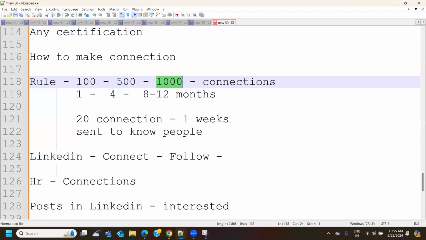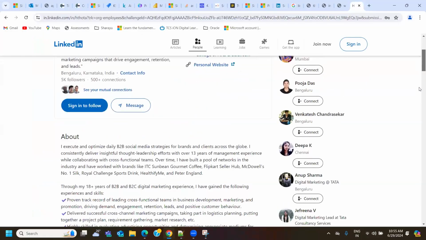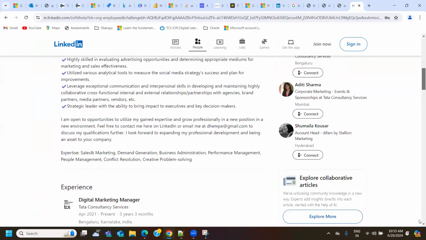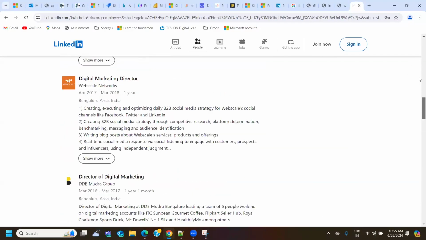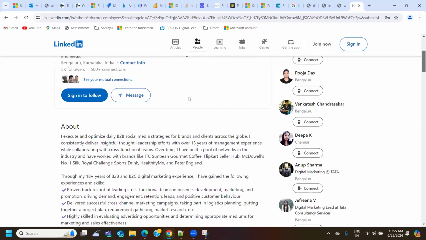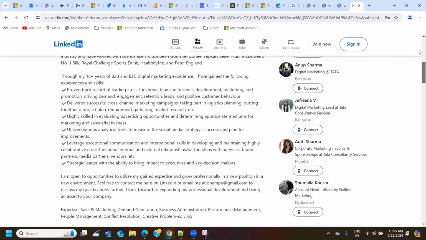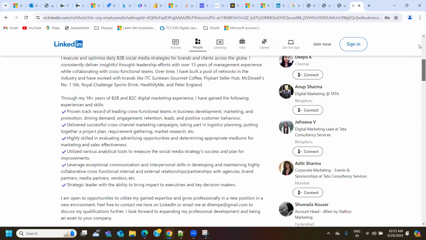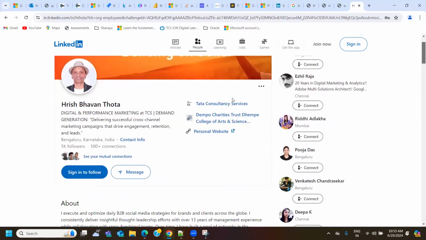always go through how many activities he has. If you visit any profile, there is an option called activity. You will get an option showing how many posts he has liked. When you log in and check it, you will get options called view posts, view comments. Always check his comments, whether that account is active. If it has been active in the last 1 month or 2 months, it's okay.